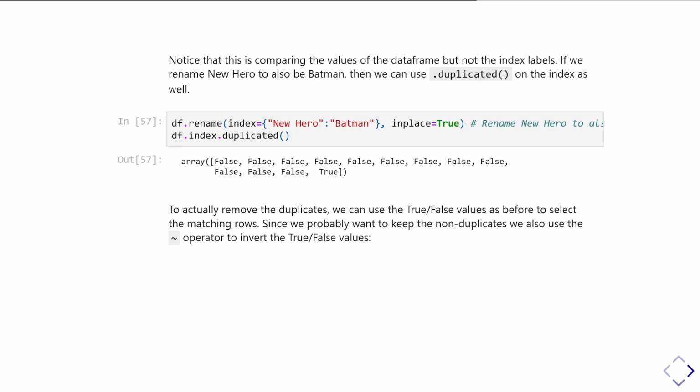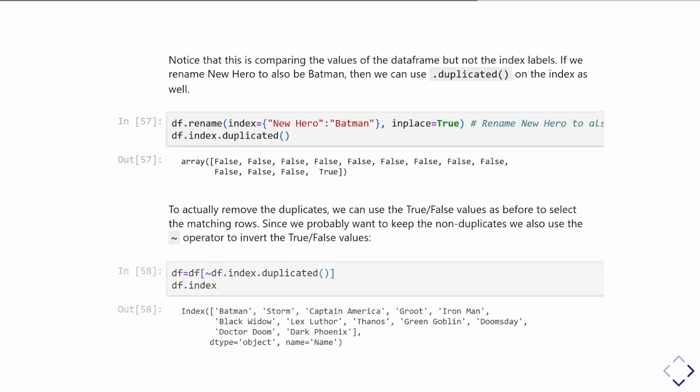The only thing to notice is that we probably want to keep the non-duplicates and throw away the duplicates, so we can use the tilde operator, or the invert operator, which will invert the true and false values the other way around. So here you can see what I've done is I've done df, and then I've selected